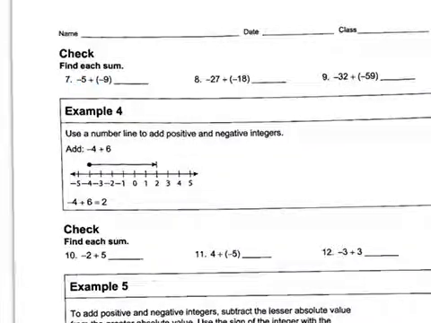Now, again, you could do a number line, and I'll do that here in just a second, but I'm going to do the rule. The rule is when they're the same sign, you add and keep the sign. What's 5 plus 9? 5 plus 9 is 14. You keep the sign, so that would be -14. If you think about it on a number line, so I'm going to draw it right down here, you start at -5,